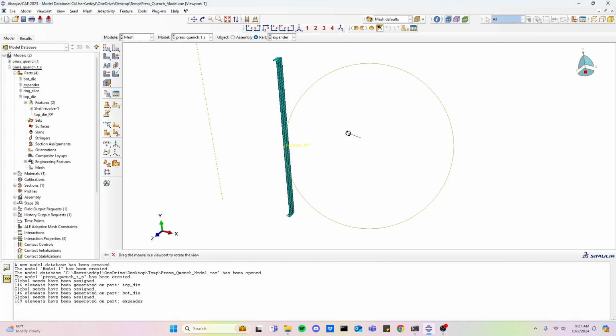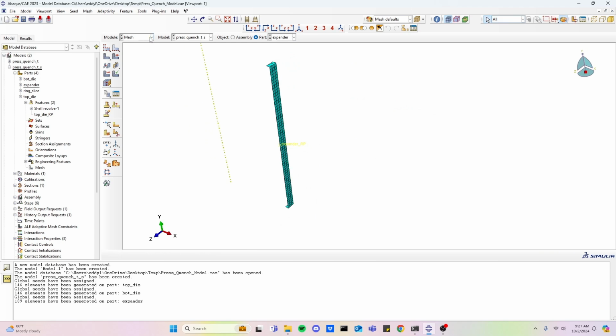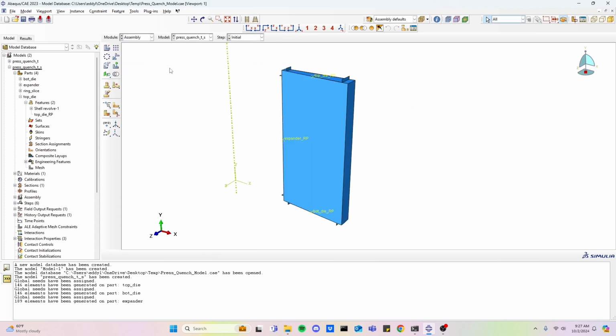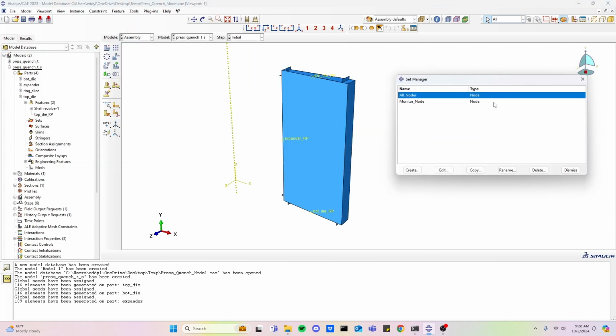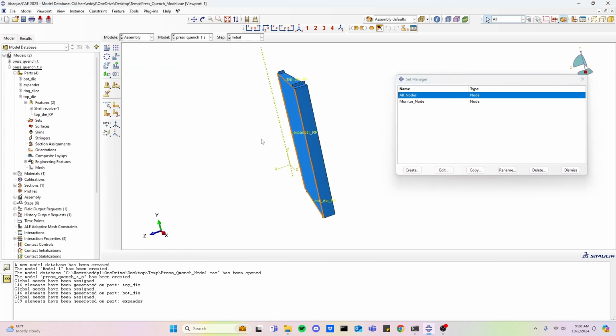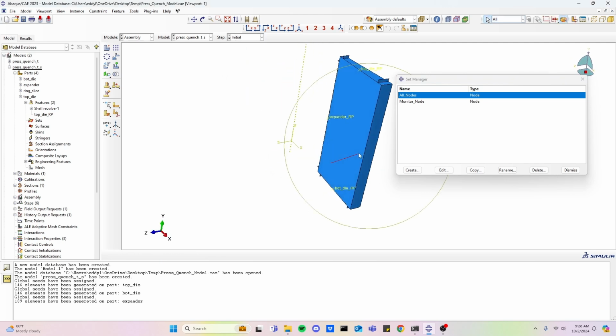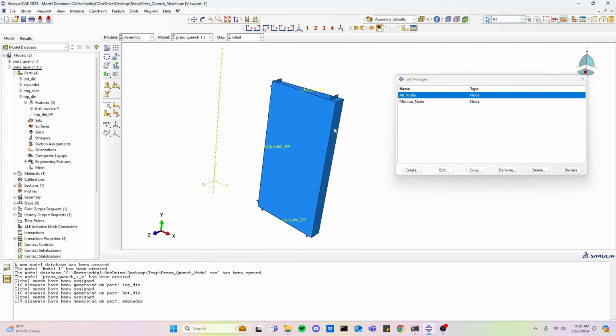Now that we created the mesh for each of the parts, we can go back to the assembly module and define our different sets that we will need in order to apply the boundary conditions and contact interactions. So if we go to Tools, Set Manager, the first set that we're going to create is an inner node set on the two inner surfaces of the ring slice. So this will be used to fix the ring slice in the circumferential direction